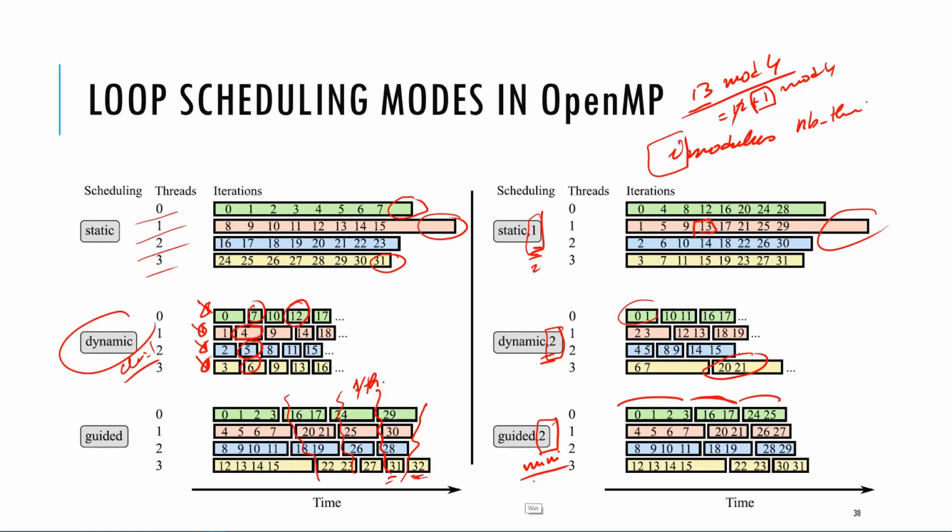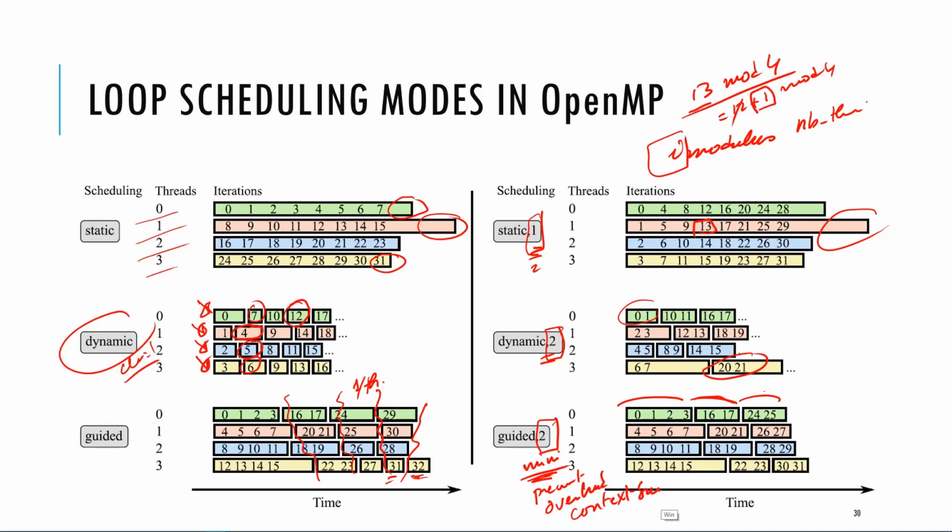So we keep on associating 2 per thread. And once again, the idea behind this minimum chunk size is to prevent the overhead that is due to context switching between the threads. Okay,